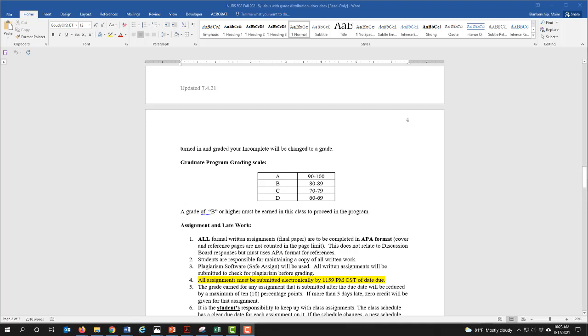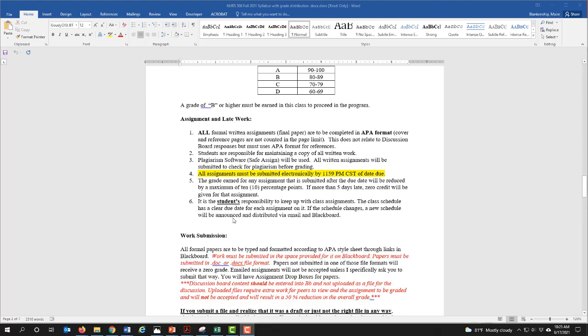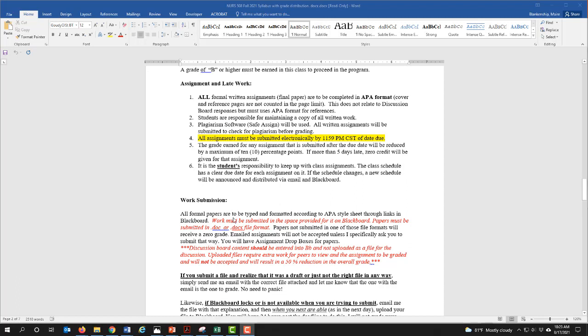The grade breakdown for this class is A 90 to 100, B 80 to 89. A B is required in this class to proceed in the program. All assignments will open on a Monday morning and then be due by 11:59 on the due date, so be aware of that. When you're submitting assignments